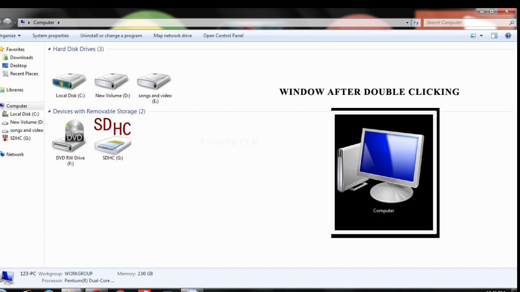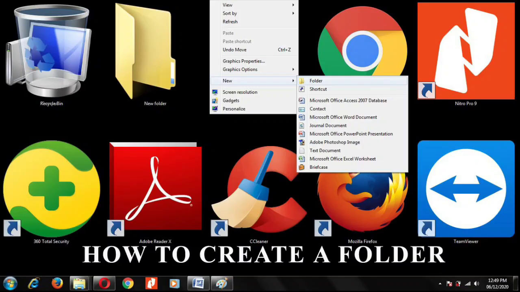And then documents. All the documents will be in a folder. You can see it on the left side of your screen. That is in the libraries. You can see libraries there. In a computer, whatever we save as a single file will be stored in a folder.